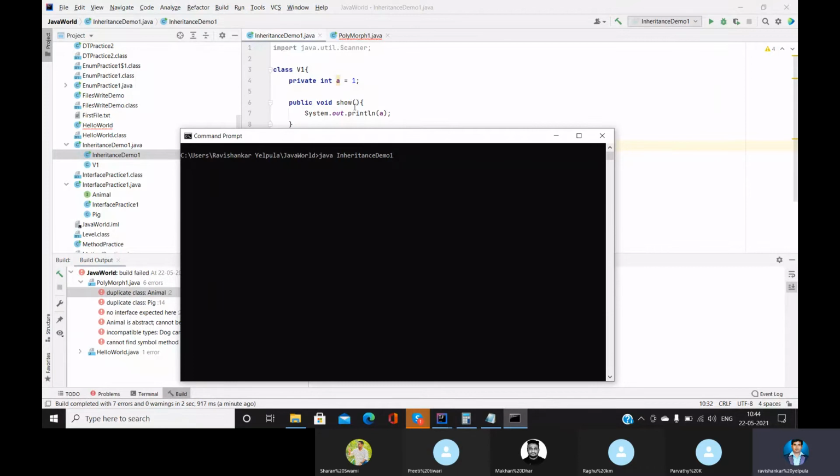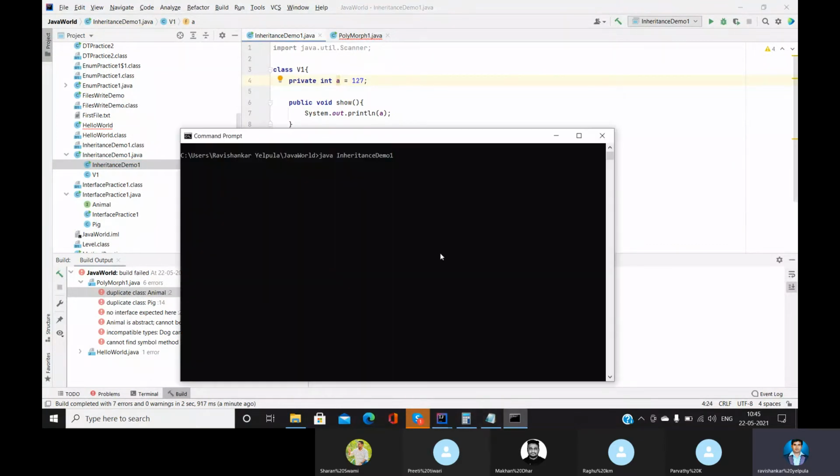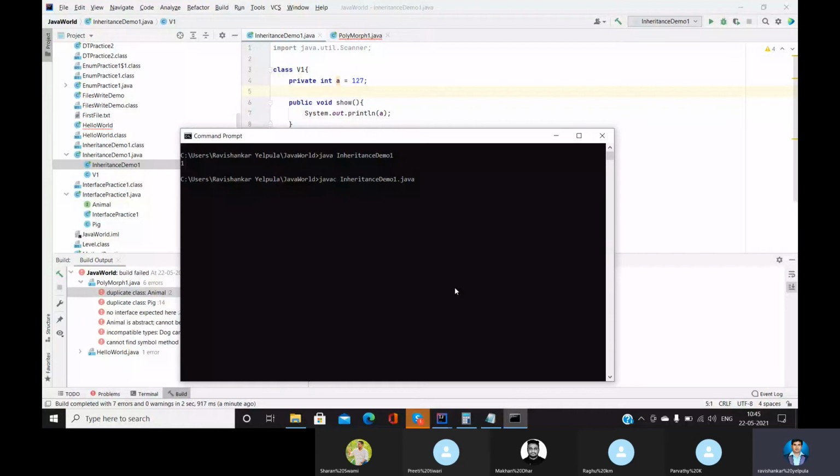So see this guys, the value here is printing here. 27, I made it. Oh, sorry, my bad. Can you see this?